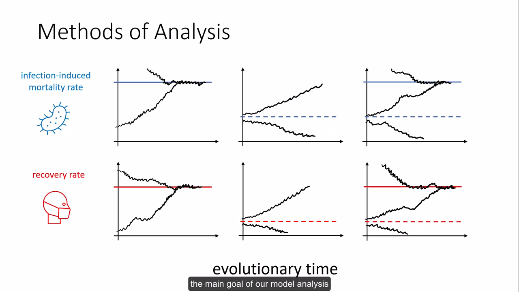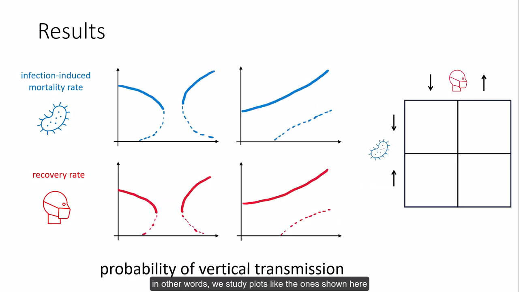The main goal of our model analysis is to determine how these horizontal lines move up or down as the probability of vertical transmission is varied. In other words, we study plots like the ones shown here. These plots explicitly track how the heights of those horizontal lines change as we adjust the probability of vertical transmission